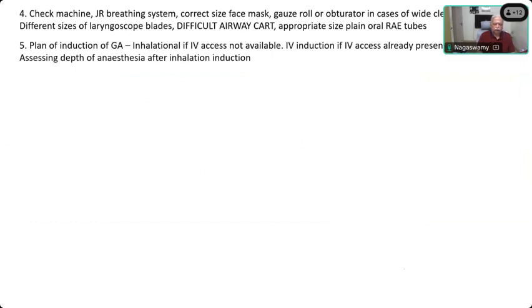It is called the central fixed gaze of the eyeball. That is the most important sign. So respiratory rate decreasing and depth increasing, abdominal muscles becoming concave or boat-like, and 3, the eyeball getting fixed in the central position. These 3 are considered the classical features of adequate depth of anesthesia as